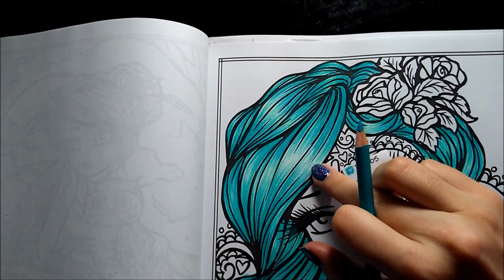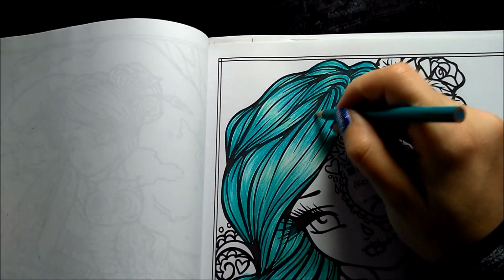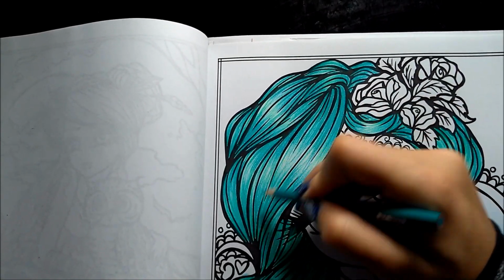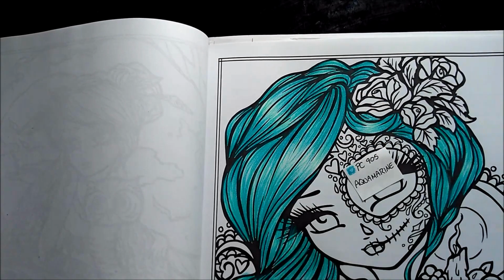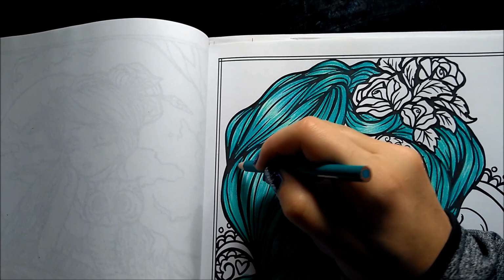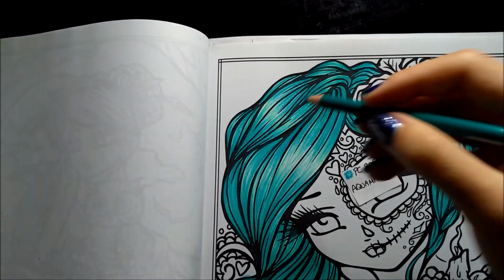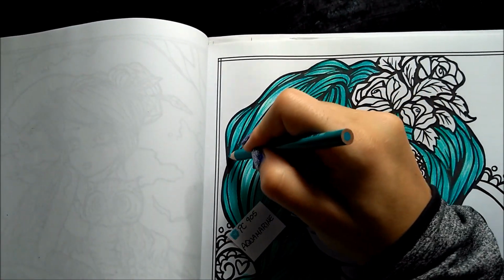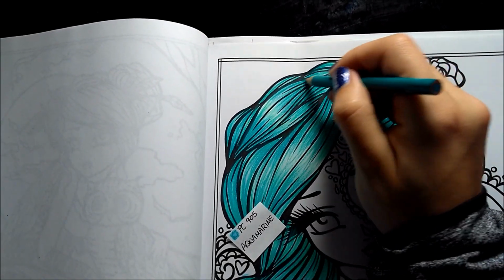Don't worry if you get some that are really dark like this one. It kind of looks out of place. But once we go in with the white, and my plan is to pretty much burnish everything with the white, kind of knock it back and make it look even more pastel than it already is. And you could skip that part if you want. The only reason that I am doing that is because, like I said, I want to try going in with...